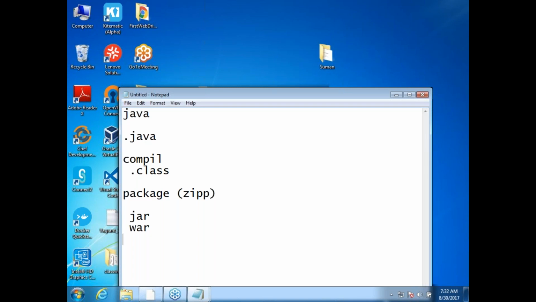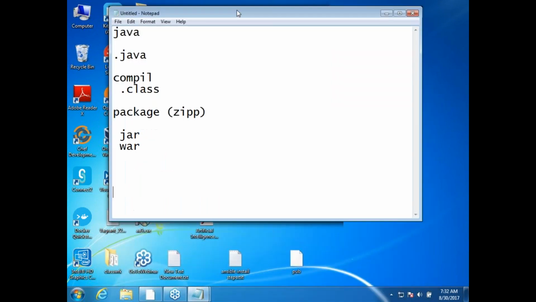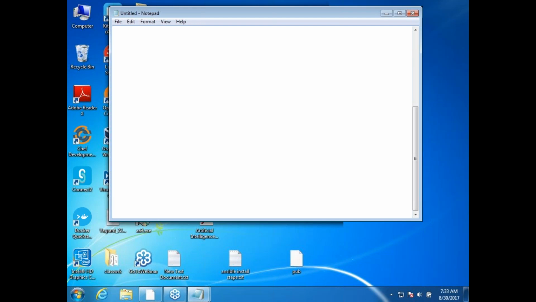And now other things which are required are, that is clear, right? Do we have any doubts in that process? Yeah, every language will have a similar process. Some languages might not need compilation. For example, if you take JavaScript languages, something like you are building Node.js and all of that, then you don't build anything. There is no need for you to compile the code. Okay, they run directly. Probably you need to package the application. So every time it is not necessary that you would have a build.